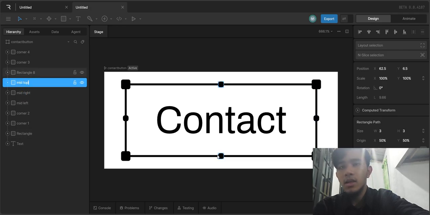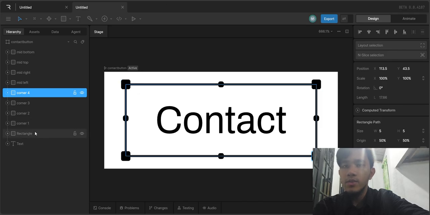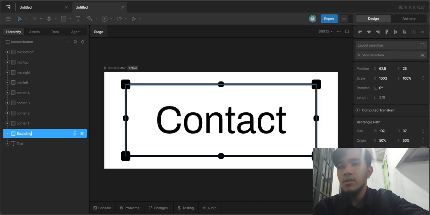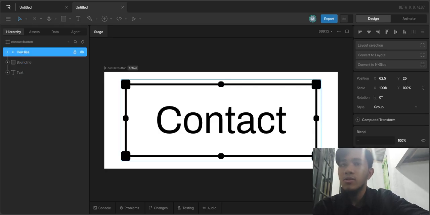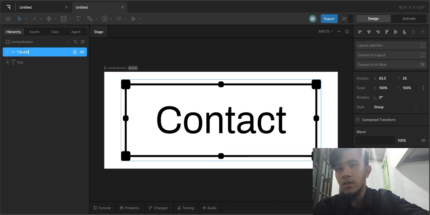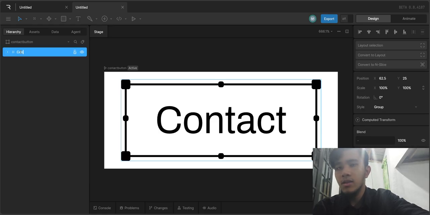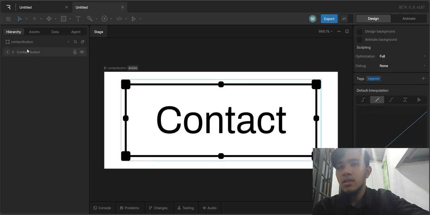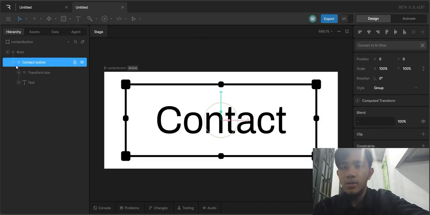Let's add the text. Press T, click and type contact. The text is white, so select it and change the color to black in the inspector. Change the font to Archivo, set the weight to semi-bold and the size to 20. Then center it horizontally and vertically in the artboard. Next, add a rectangle by pressing R and drawing it over the text. Remove the fill, add a stroke, set it to black with 1 pixel height, and center it in the artboard.